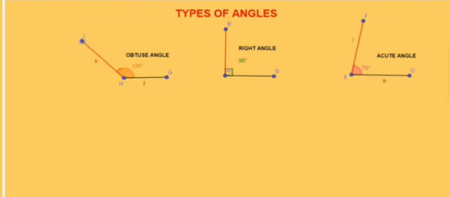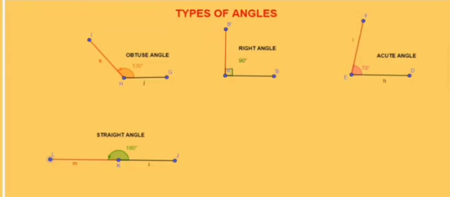Now further, okay. Now I am drawing another angle. That is, this is 90 degree and this is 90 to 180. Okay, 180. Now let us take the measurement. It is 180. Now look at here. This is a straight line. So we can call this angle a straight angle.